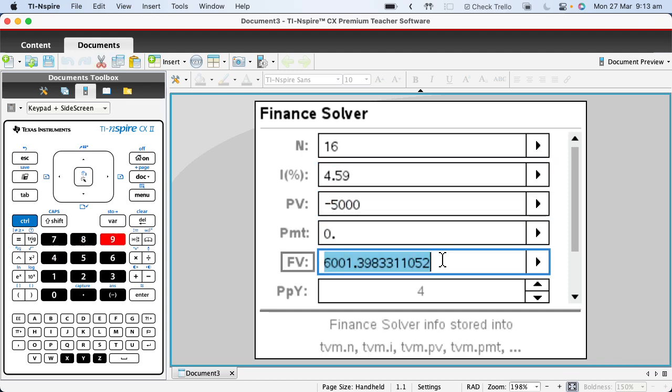4.59, £6,001 now and 40p. So there you go. So you can work out different values as well, or you can say instead, let's just say we